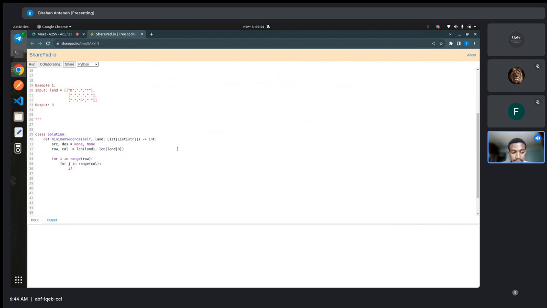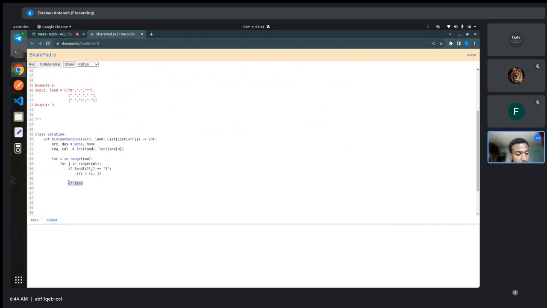And then what I have is land at i and j equals a string of my source. My source is going to be a tuple of i comma j, and if land